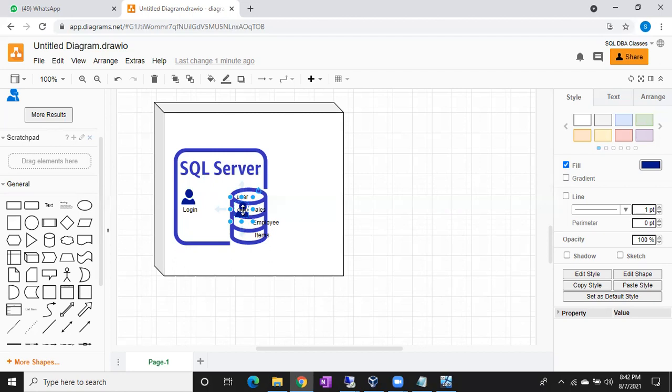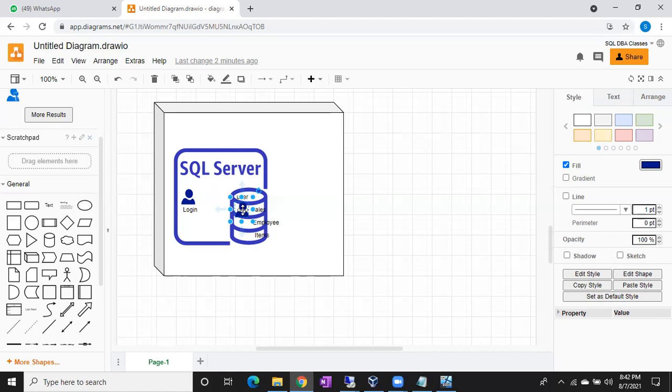A login cannot enter into the database directly. On behalf of the login, a user will be there to pull the data, either to read the data, write the data, or delete the data, whatever you want, you can do it. But a login cannot do it.